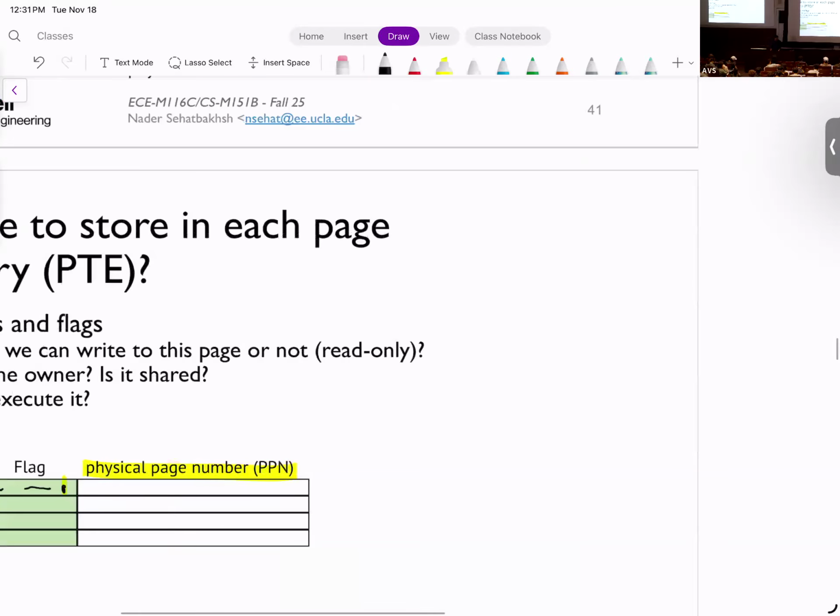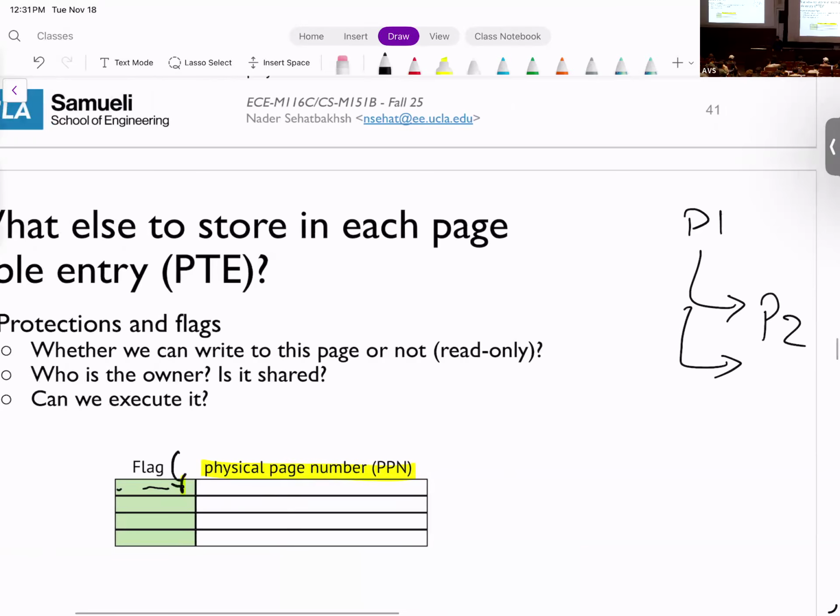Remember, I told you that program 1, for example, should not be able to access the addresses of program 2. This is how we are actually enforcing that. For example, each page has an owner, right? So the owner of the first page is process 1. If the request is coming from process 2 and trying to access this page, when we are translating that address, we don't translate it, right? So we block the request, and the process cannot do anything because it doesn't know the address. That's how we enforce this isolation mechanism that we want.